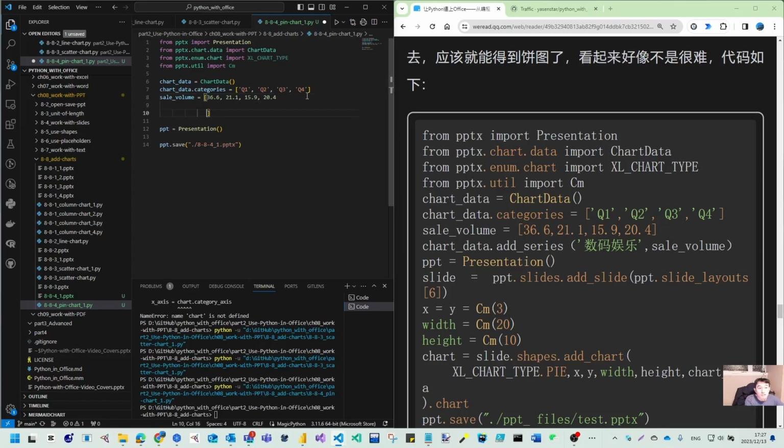And we have our series. So chart data dot add series, and this one is sales volume. So those are the chart data dot add series. We add this as the data series. Then we initialize our